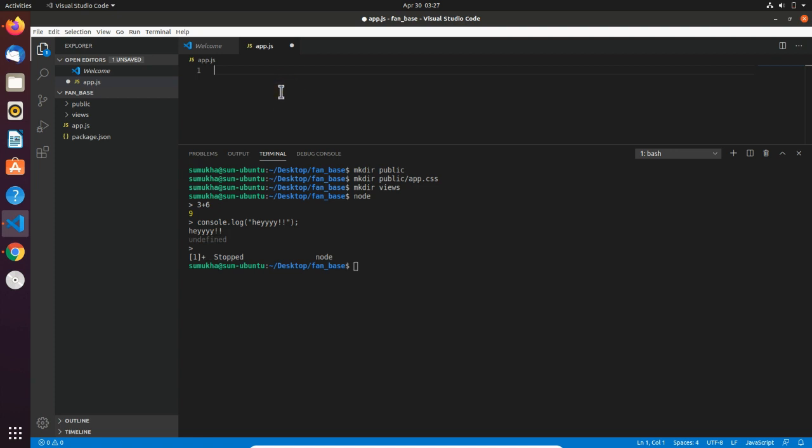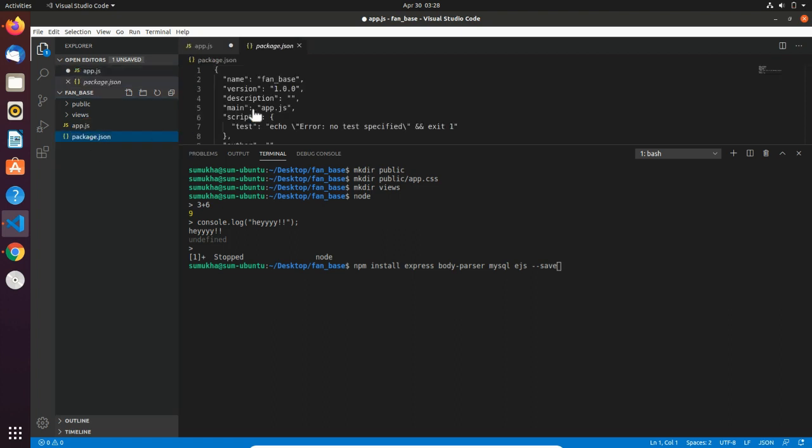So here let's start coding. Okay, so I need a few packages, npm node package manager packages. For that I have to type npm install express, body-parser, I need mysql and finally EJS, dash dash save.